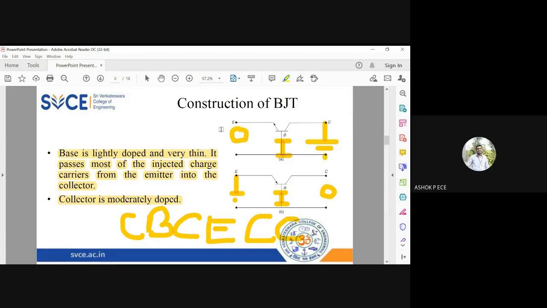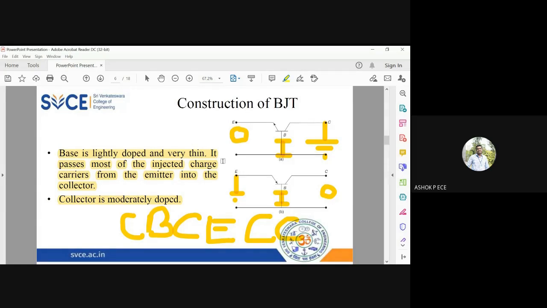Yes. You have to understand this common base. These questions will be asked in your interview when you go for a core company. They will ask you to draw the diagram for a common base transistor. You may have studied all the advanced concepts, but when you don't know the basics of the transistor, they will clearly eliminate you. So common base means immediately it should come to your mind: the base is grounded. So of the remaining emitter and collector, naturally collector is going to be the output, so emitter will be the input. With this mindset, you can easily draw the diagram for a transistor.